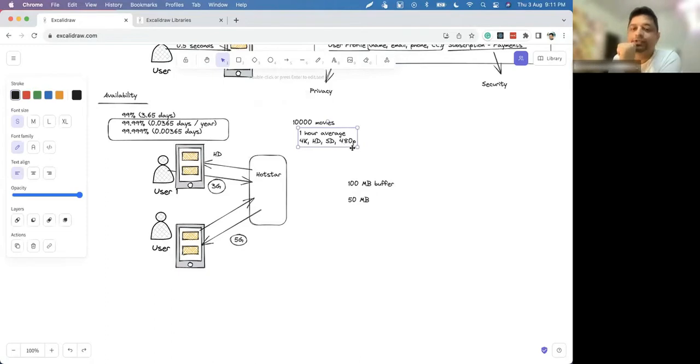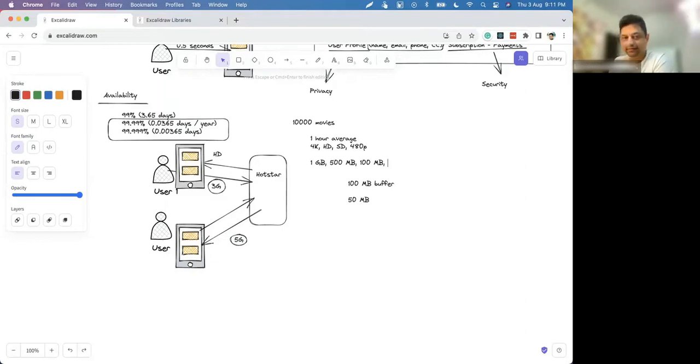So yes, you need to store all resolutions, and how you will utilize them will depend. But let's assume for a 1 hour video, 4K is 1 GB. HD video is 500 MB. SD is maybe 100 MB.